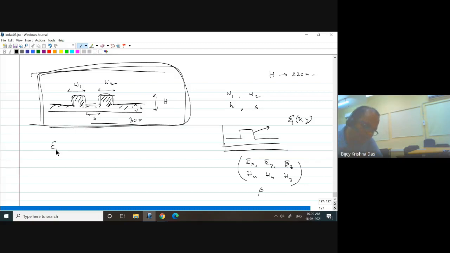Okay, you can get E1 XY, with corresponding propagation constant beta 1, and the higher order mode will be E2 XY, with propagation constant beta 2, and then E3. I'm just considering the dominant electric field here. Probably you will get all the components, but I'm just showing the dominant electric field. EXY in a certain direction, this is Y, this is X, and Z, and then beta 3 and so on.